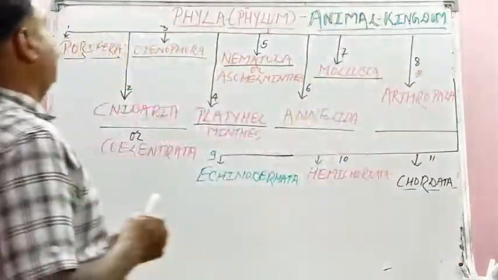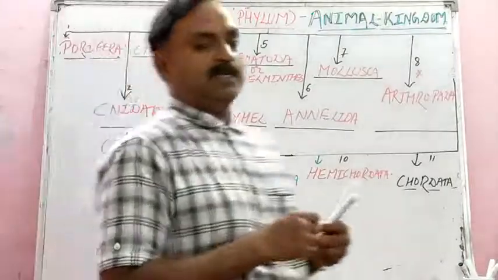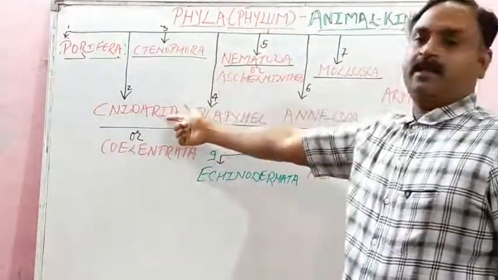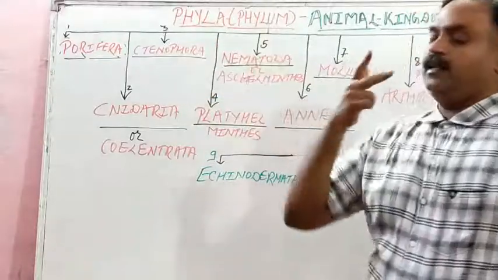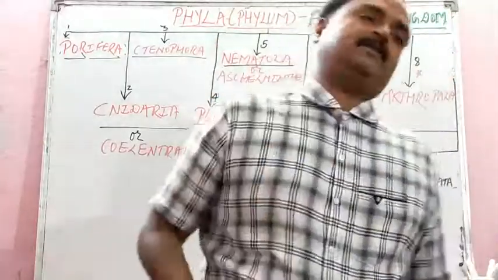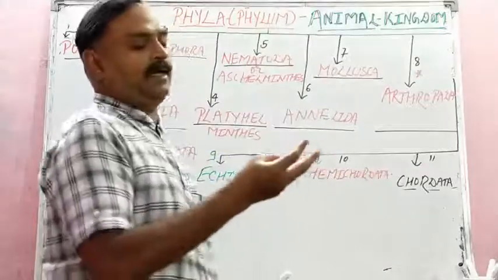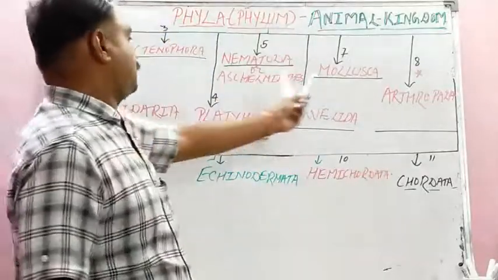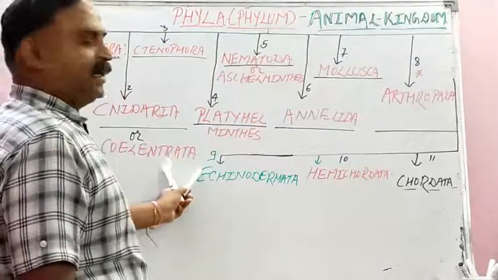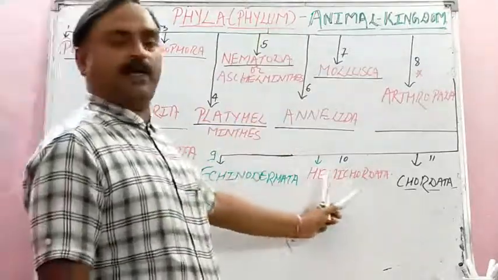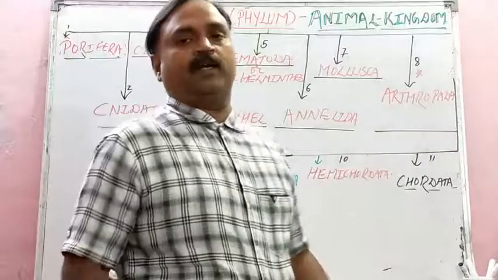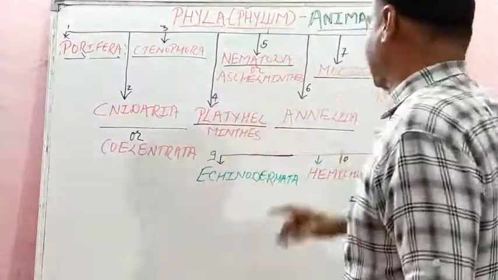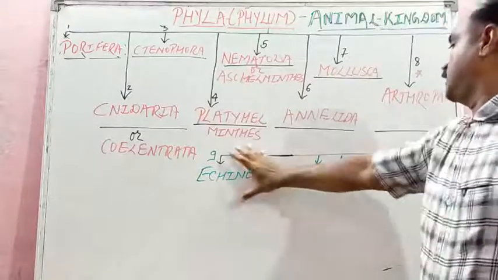These are, student, all the phyla. Let us recap once. First one is Porifera, perforated body, then Cnidaria, Ctenophora, Nematoda or Aschelminthes, then Annelida, Mollusca, Arthropoda. And then number 9, Echinodermata, 10, Hemichordata, and 11th Chordata. Now we will study all this in detail with the help of example. So first we have to study this one, all this line.